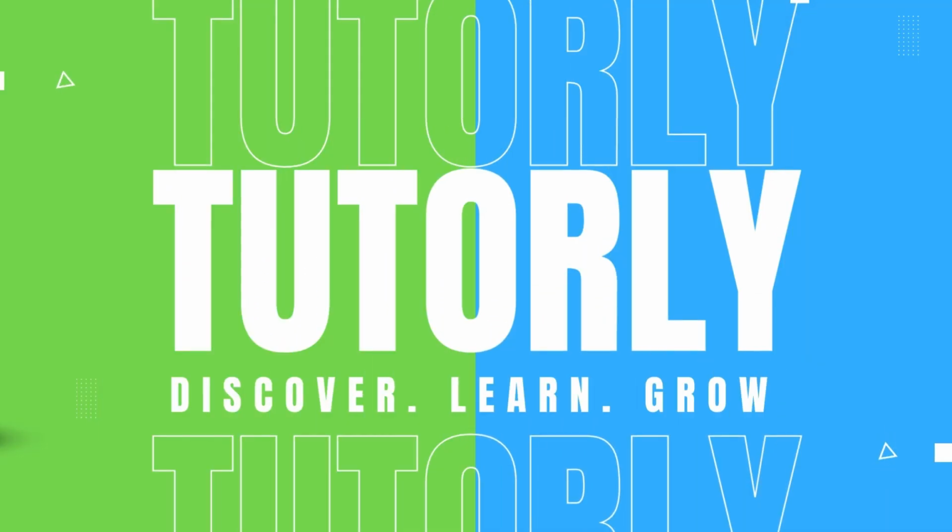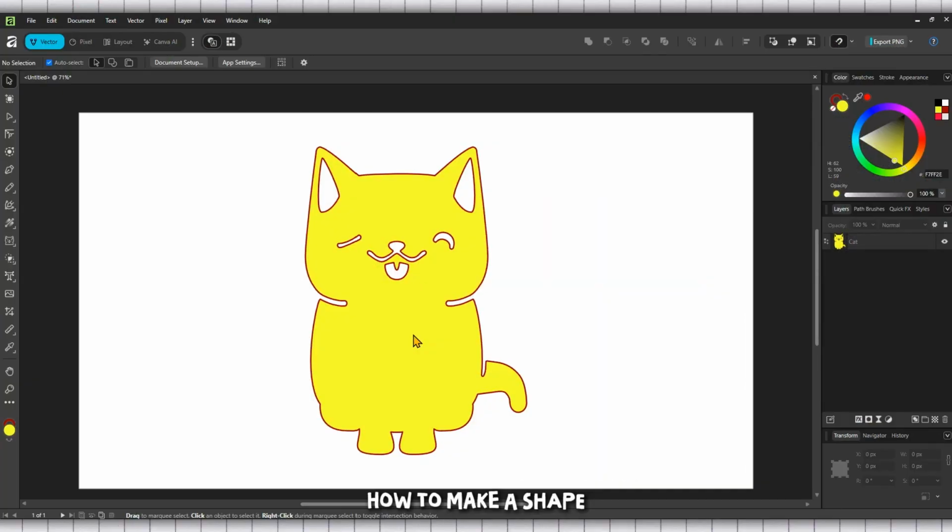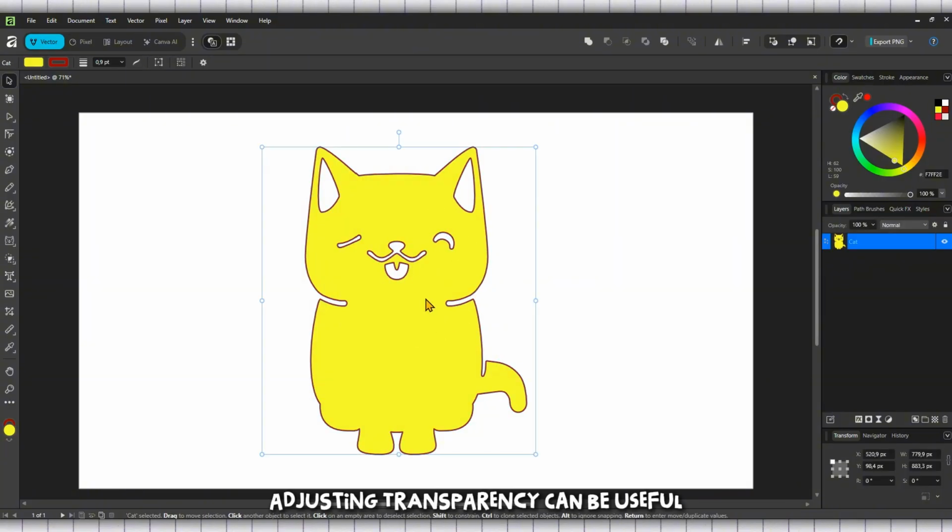So in today's video, I'm going to show you exactly how to make a shape or object transparent in your drawings and canvases on Affinity Designer. So let's get started. Adjusting transparency can be useful when you want to create overlays, watermarks, soft background elements, shadows,